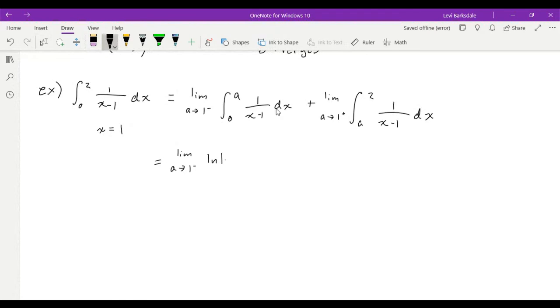Then we would have the natural log of the absolute value of x minus 1 evaluated from 0 up to a. The limit as a goes to 1 from the positive side of that very same function, this time evaluated from a up to 2. And when we actually evaluate these limits, first off, we would get the limit as a goes to 1 of